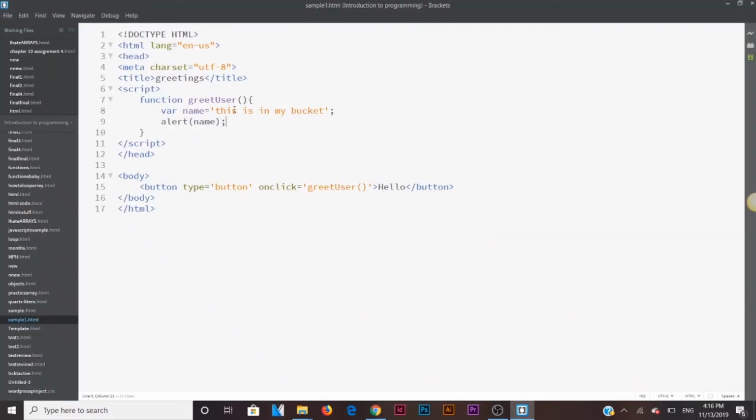So whatever we put over here is going to end up in there. We'll get rid of this for now, and we don't want it to say this is in my bucket. That is not what we want at all. We want to create a prompt. So we're going to do prompt,